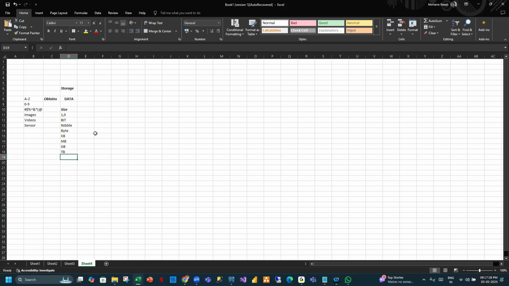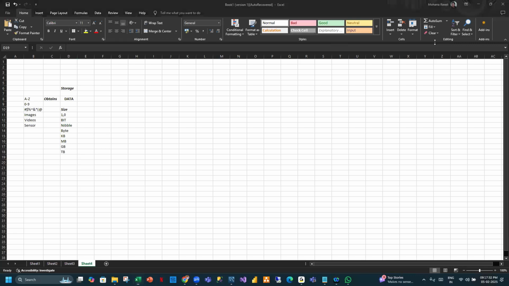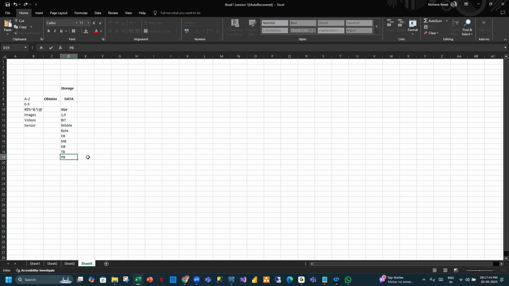How many of others are trying to Google? Are you Googling at least? Yes, we are. What is 1024 TB? Petabyte. Do you remember that we have some technology called Hadoop? When data started reaching petabytes, then this technology started. It's similar to storage. When people started wanting PBs of data, then this started. The next, what is 1024 PB?